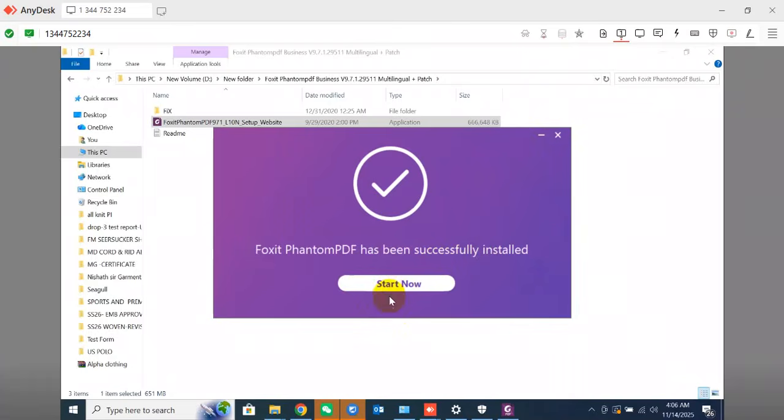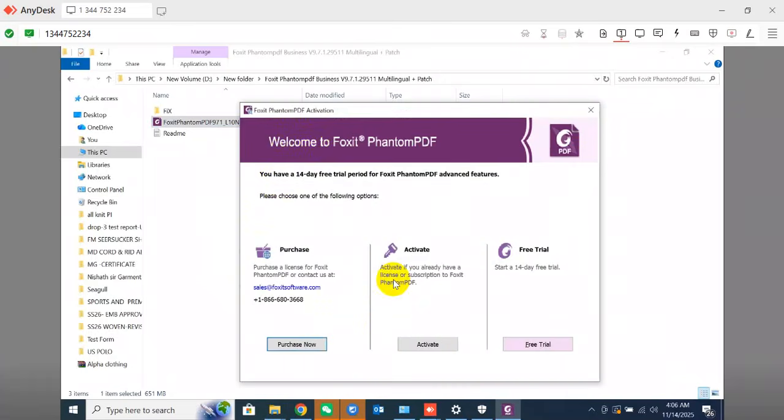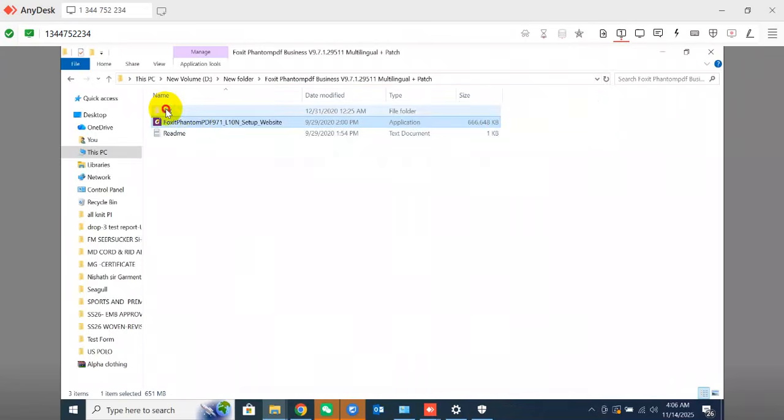I'll show you. When I start, there it is asking for the license. Now we are going to the lifetime license. Click the fix, copy this one,